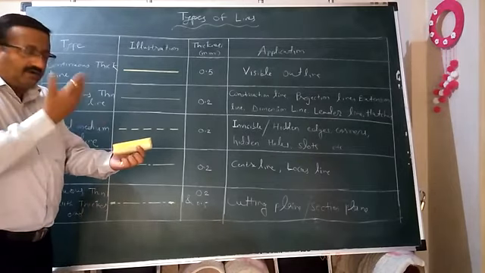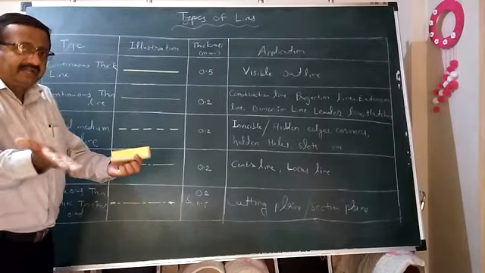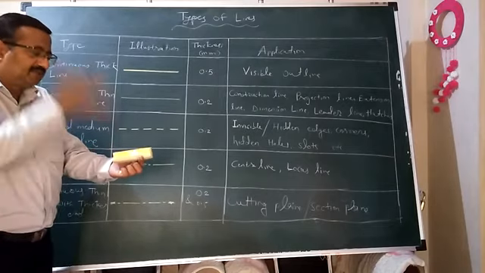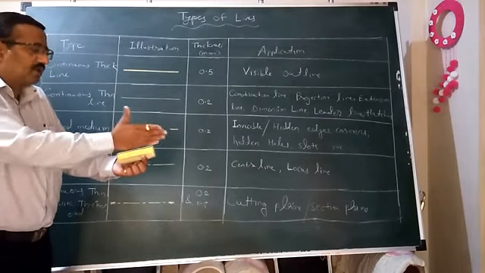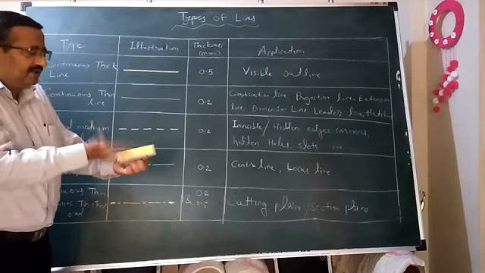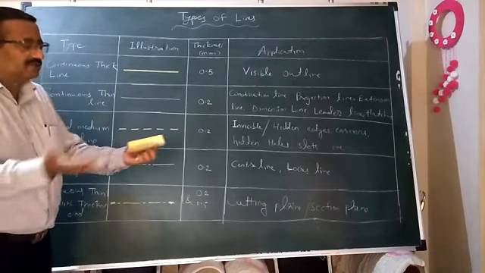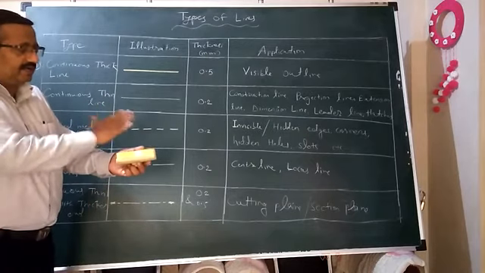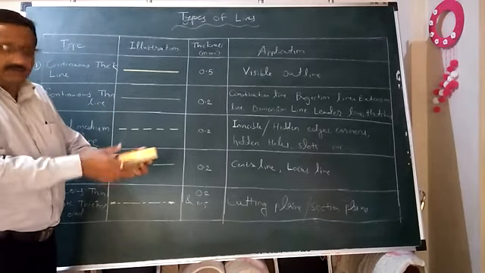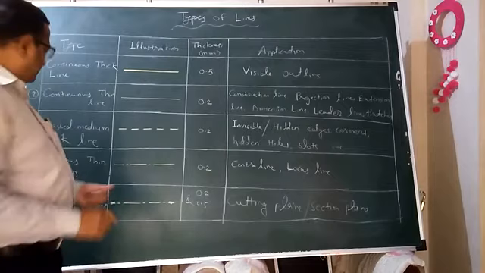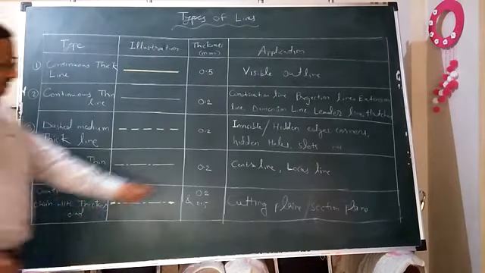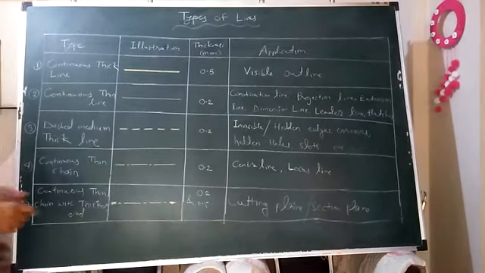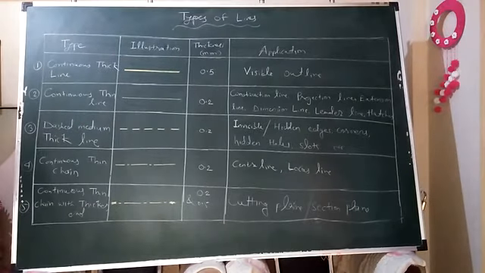What does it mean? What does it reflect? Cutting plane, that is the saw. I am going to pick the saw, and through that line, the cutting plane, that is the saw, will pass, and it will cut the object into two halves. Okay, front and rear half. In two pieces, it is going to cut that object. This is nothing but the significance of continuous thin chain with thicker ends, that is cutting plane line or section plane. And the last one is